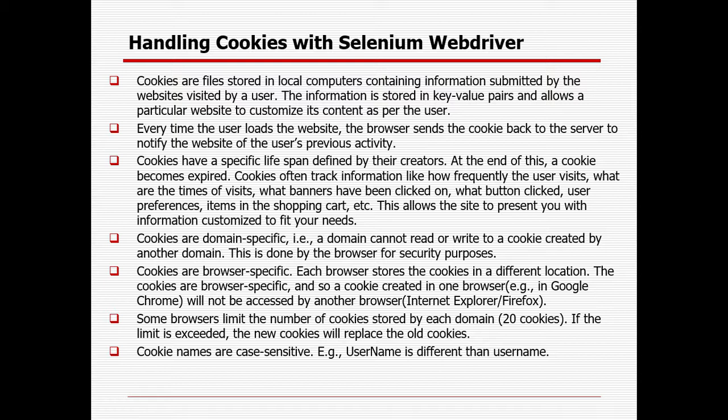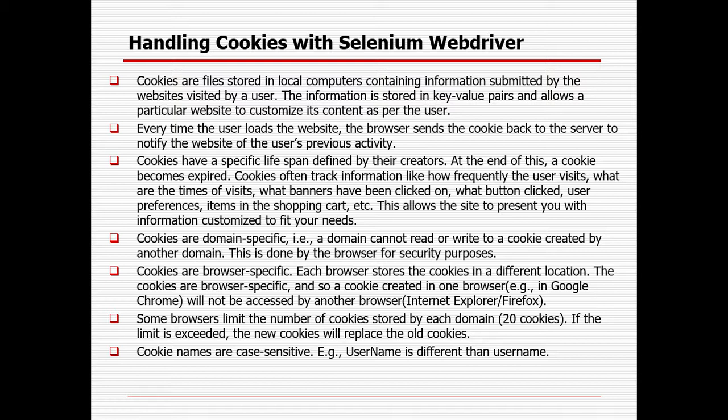Whenever you are navigating to a particular website, the information gets stored immediately in the browser history. So it is browser specific. Suppose you are working with the Chrome browser, obviously that particular URL will be stored in the Chrome browser, but not in the IE or Firefox browser. So whenever you are navigating to a particular website, the URL and the name, all these things get stored as part of your cookies. So that is called cookies.